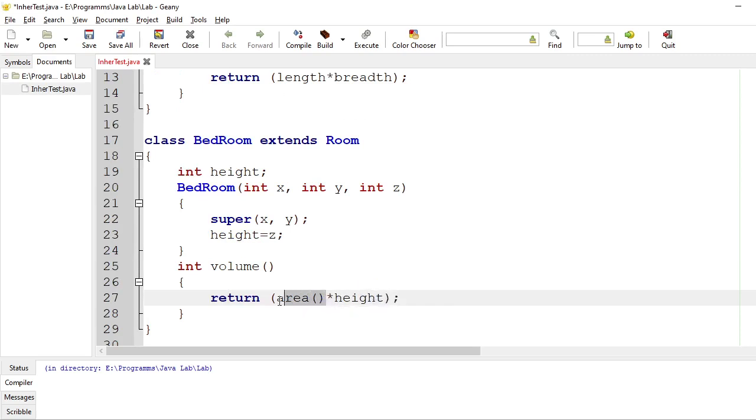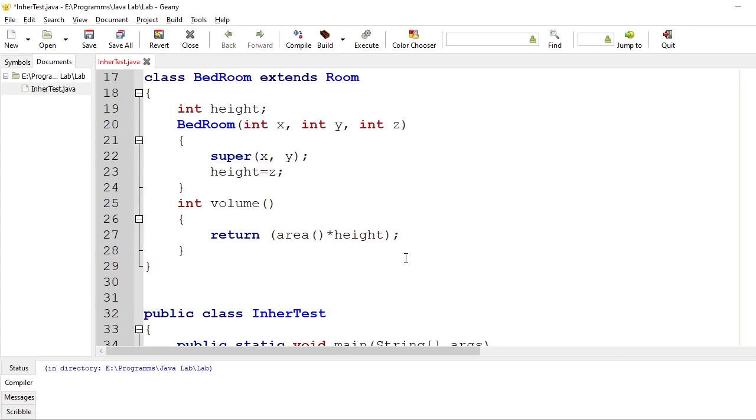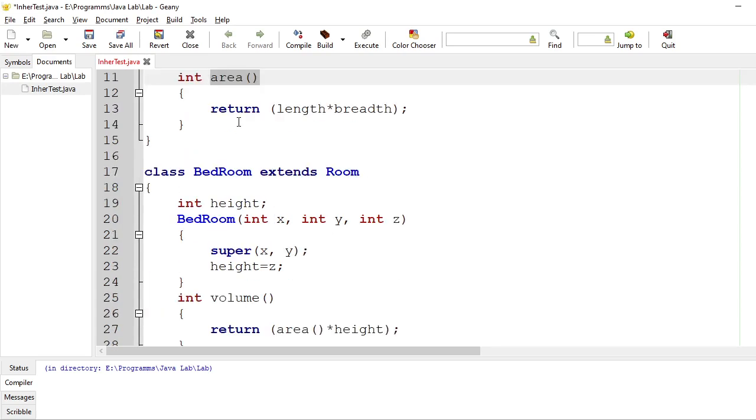I am calling a method called area, which will calculate length into breadth. Then I can multiply it with height. It's also possible. It's your choice whether to use the data member or instance variable, or to use the method.